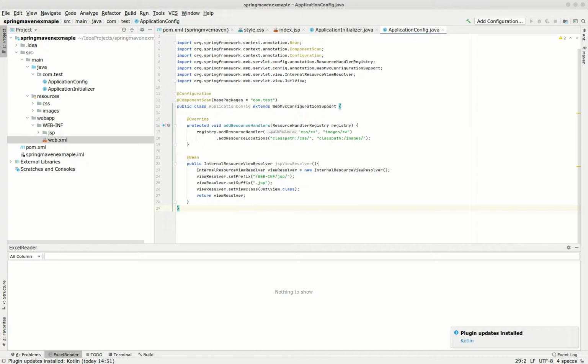Hello everyone, in the last video I placed all the necessary configuration. So in this video I'm going to add a controller and display this index.jsp page. In order to do that,